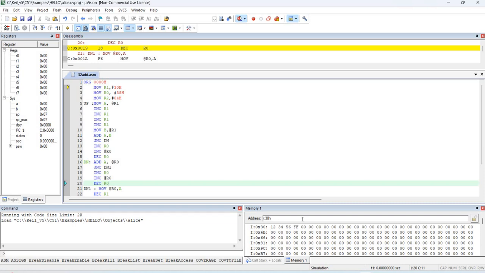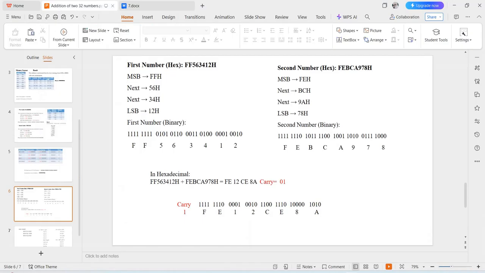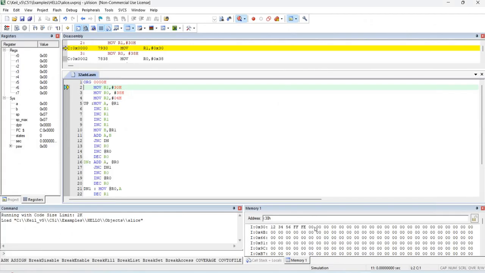Then we have to go for the second number. Sorry, most significant byte is FE, and least significant byte is 78.